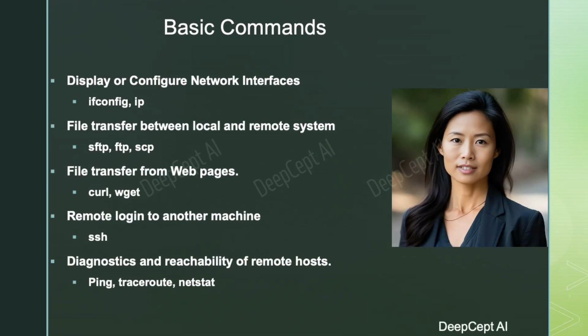In the field of artificial intelligence, networking commands play a crucial role in facilitating efficient data transfer between various components. Commands like SSH, SCP, SFTP, and others are indispensable tools for remote administration and data exchange within distributed AI systems. Invaluable networking commands such as ping, traceroute, and netstat are essential for diagnosing connectivity issues. To boost your expertise, let's closely examine these commands, explore real-world scenarios, and acquaint yourself with their utilization.